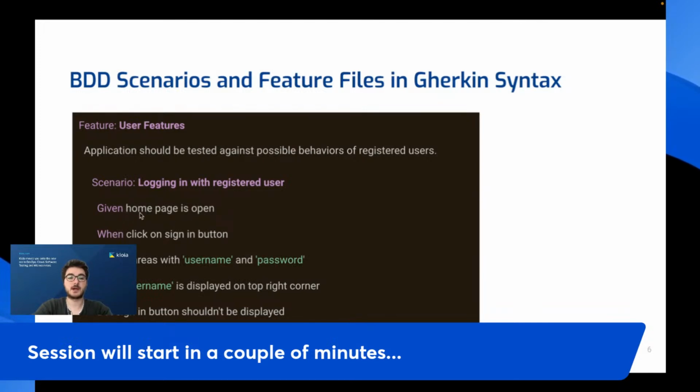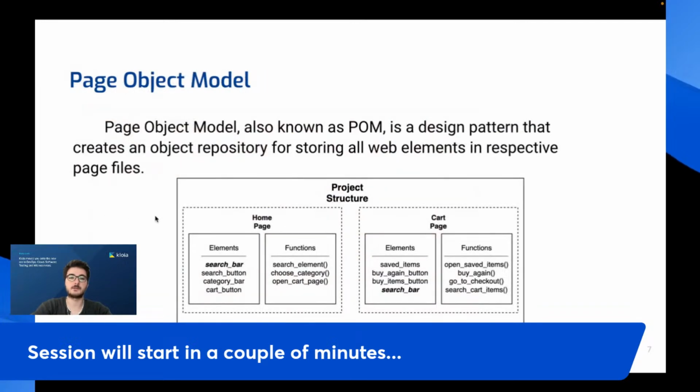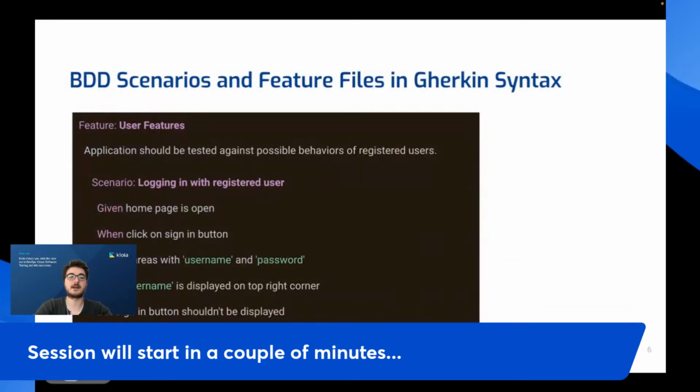After writing a scenario, in this example, it is logging in to a website with a registered user. To log in, how this application should behave, we describe it with these steps, like the given, when, and, then,